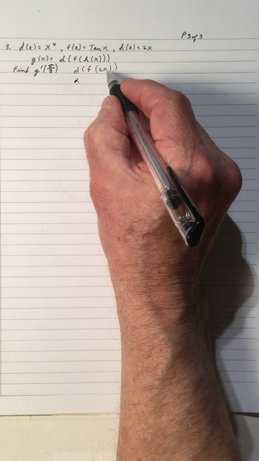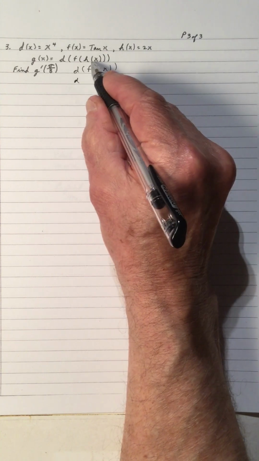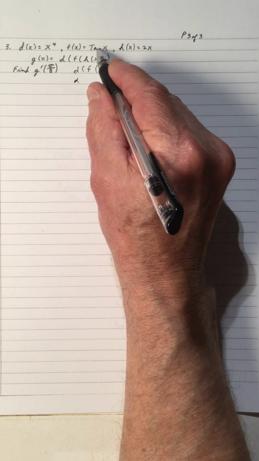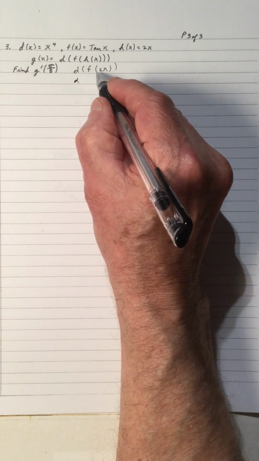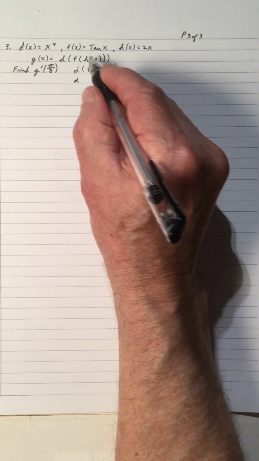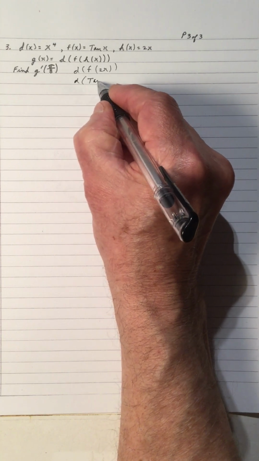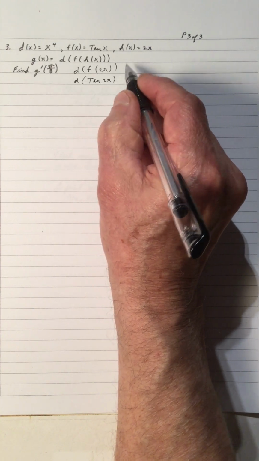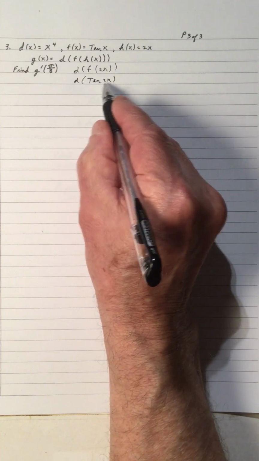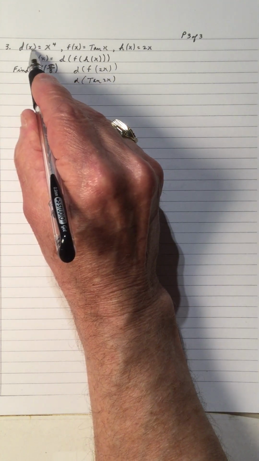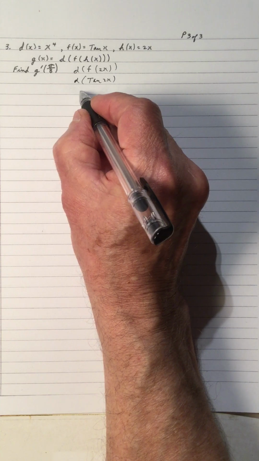So now the 2x went in the f. So the f is tan of 2x. F is here, so that becomes the tan of 2x. And now the tan of 2x is going in d, so that becomes